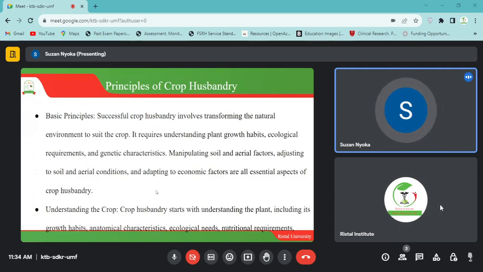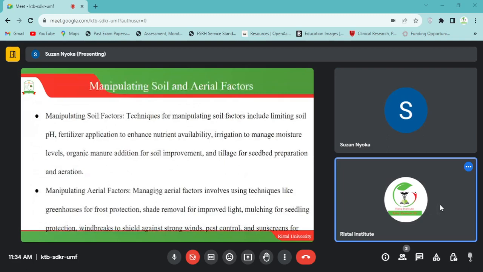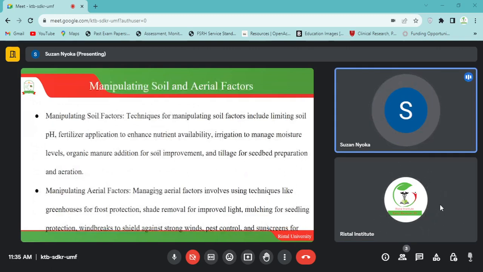And then second is understanding the crop. Crop husbandry starts with understanding the plant, including its growth habits, anatomical characteristics, ecological needs, and nutritional requirements. Manipulating soil and aerial factors, nutrient availability, irrigation to manage moisture, and tillage for seedbed preparation and aeration. As I said, under the principles of crop husbandry, one you need to, of course, manage